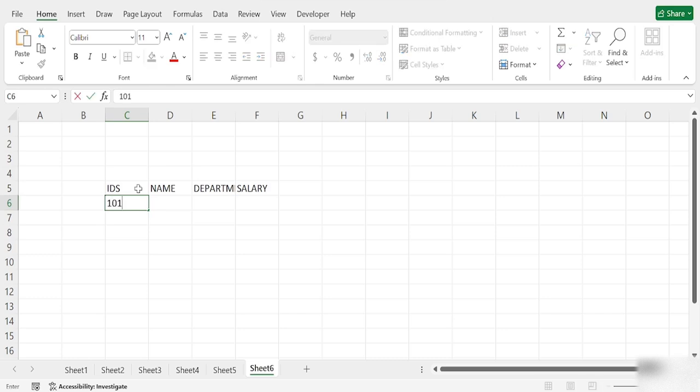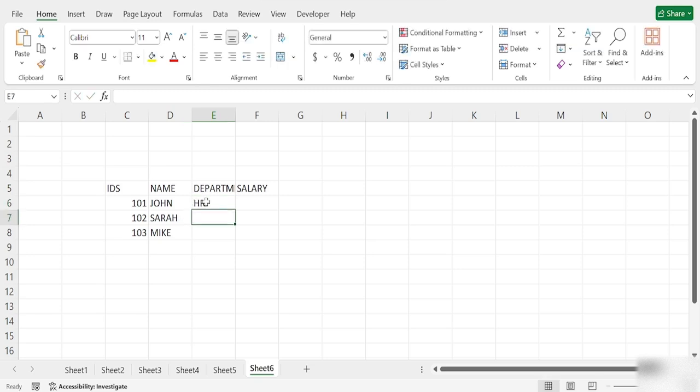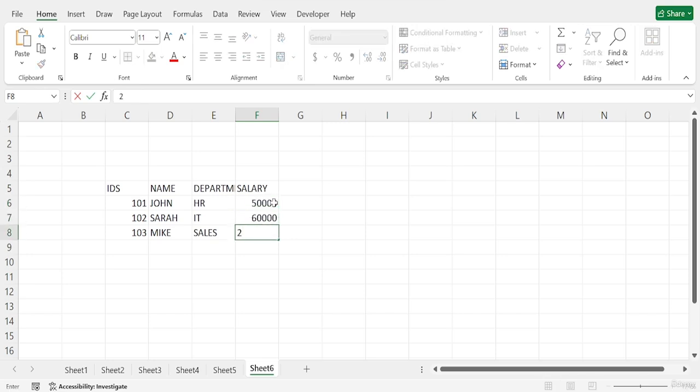I'll add some IDs like 101, 102, and 103, and after that some names like John, Sarah, and Mike. Then some departments like HR, IT, and Sales, and some salary amounts like $50,000, $60,000, and $55,000.